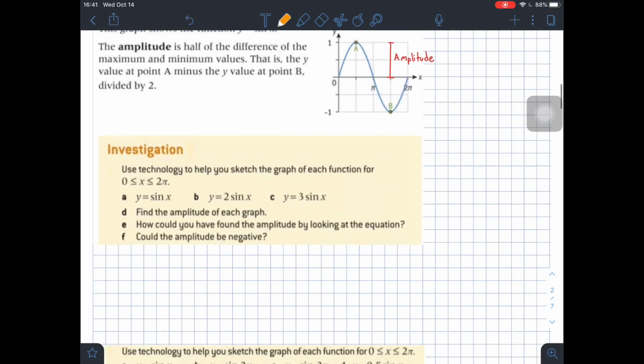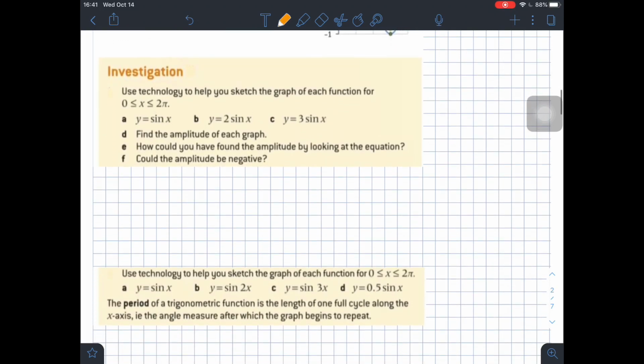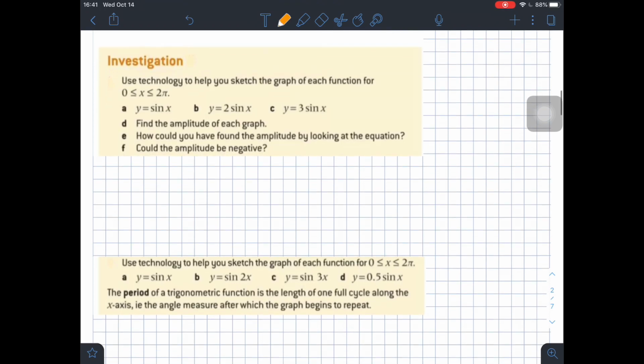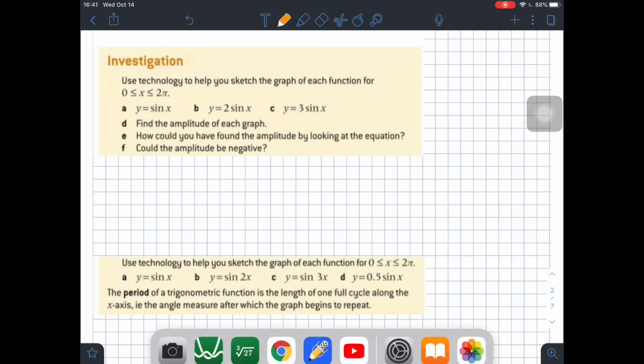Okay, let's do this investigation. It says, use technology to help you sketch the graph of each function for 0 to 2 pi. So we want to graph these 3 functions: y equals sine of x, y equals 2 sine of x, and y equals 3 sine of x. To graph these 3 functions, I'm going to use Desmos to be able to watch this more clearly, okay? So I'm going to go to Desmos,